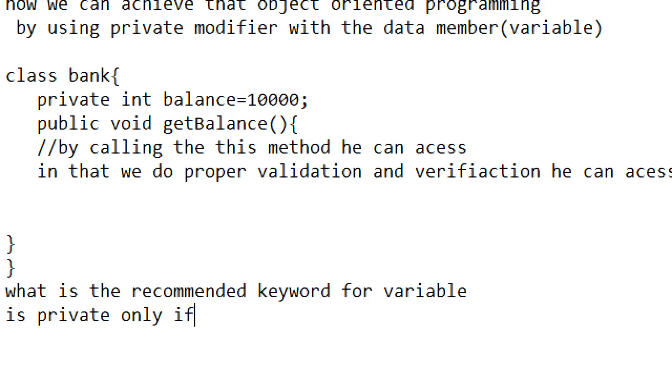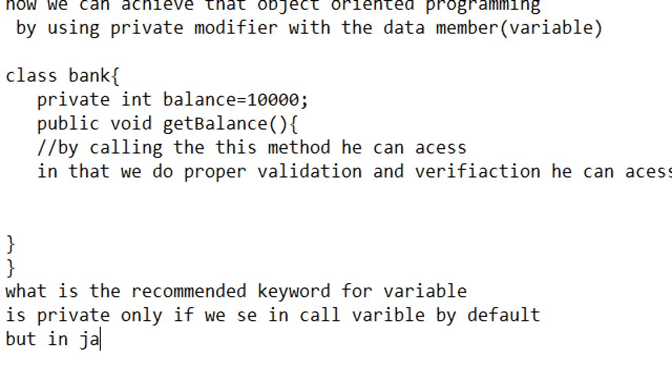If we see the C language, all variables are private by default, but in Java there is a keyword named default, so it is not private by default.